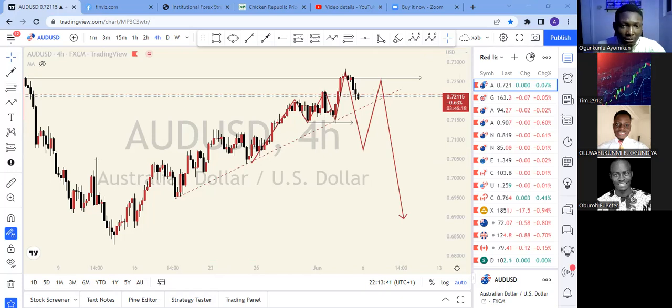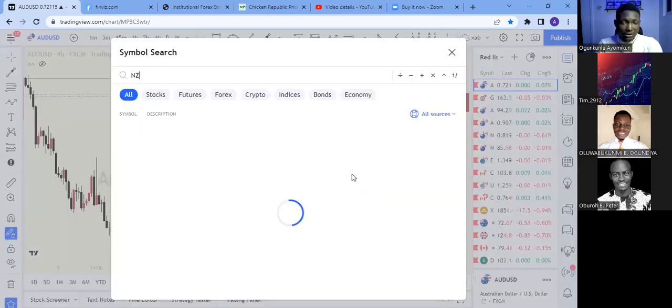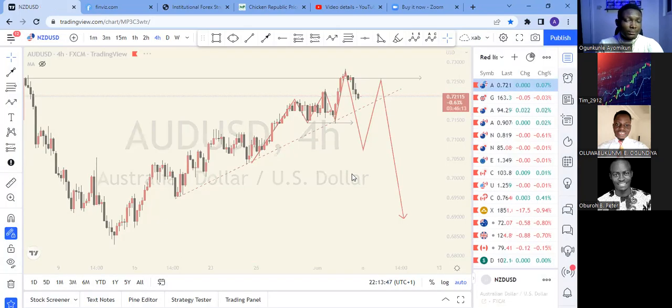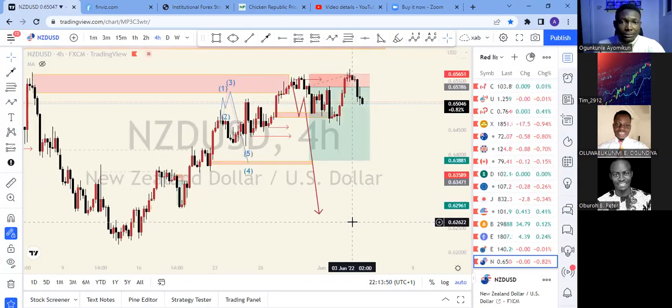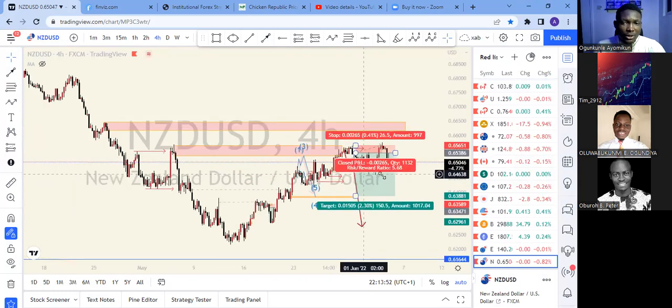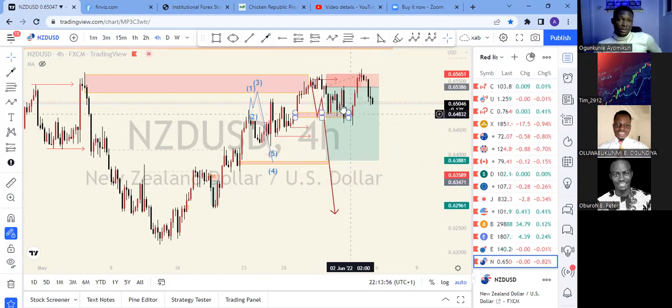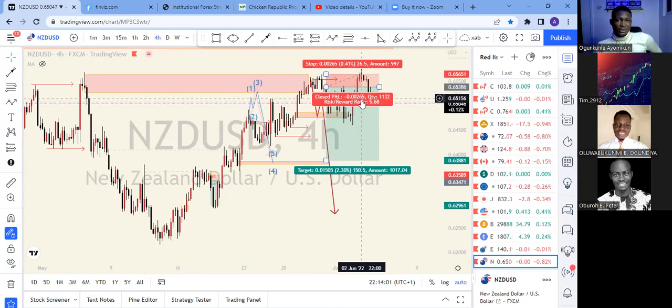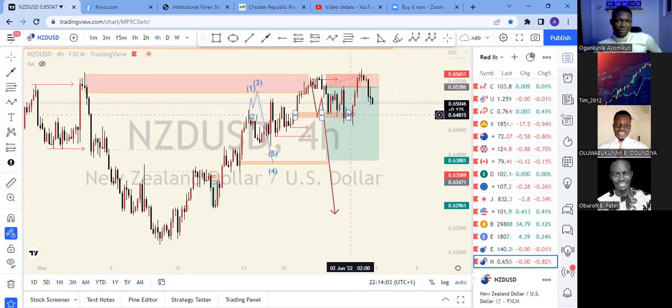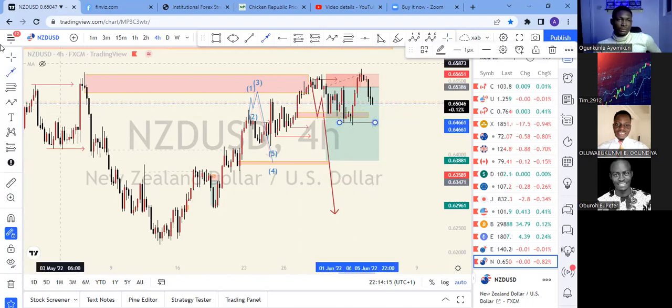All right, so let's see NZD USD. NZD USD actually took me out initially last week because I had this pending order. I expected a reaction from this zone, but later on we can see that the reaction actually ended up happening. So basically at this point, I want to see a break below this previous low.